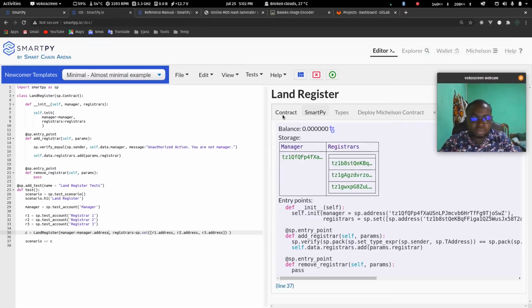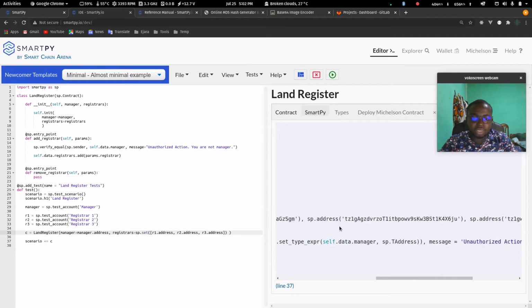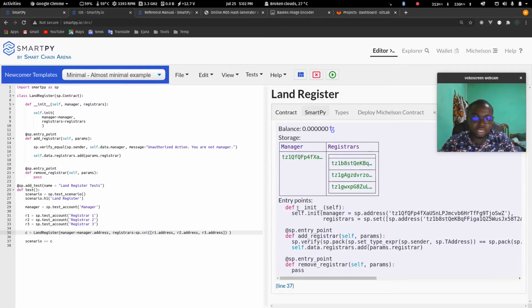So this H1, just to make sure you understand as well, this H1 here is what is showing here, and then the output of this contract. So SmartPy gives a nice output of the H contract and of this contract, and there's the output of the contract. You see it outputs the code of the contract, and then it also outputs the storage. So when you look at the contract storage,